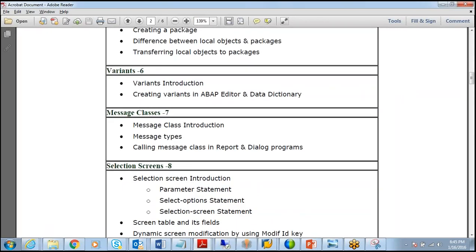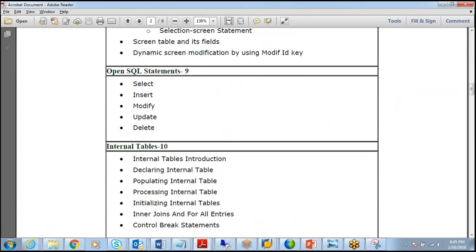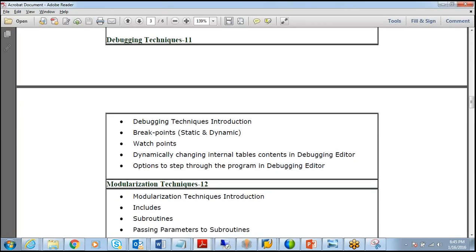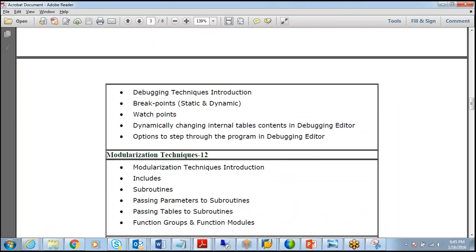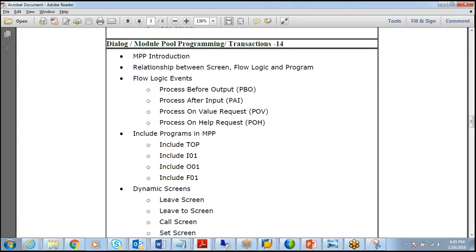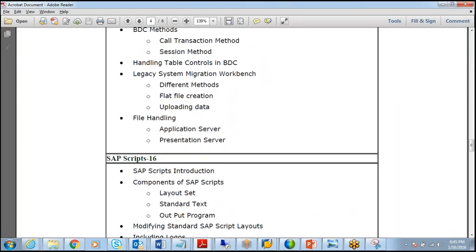We'll be learning about packages, message classes, selection screens, Open SQL statements, internal tables, debugging techniques, how to debug the code and how the program runs in the background, and troubleshooting if you have any problems in the program. Then the reusability concepts, different types of reports, and module programming.